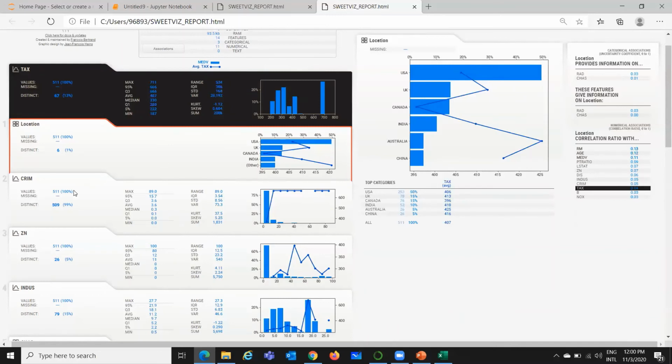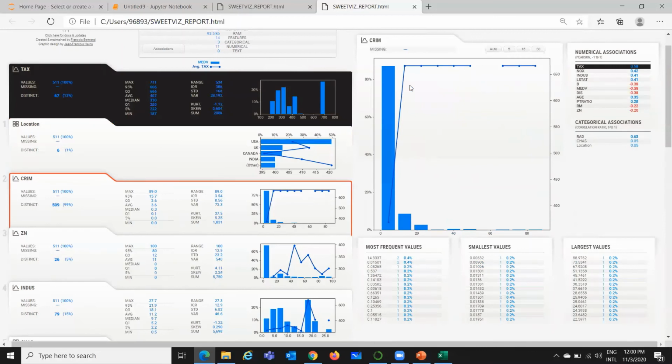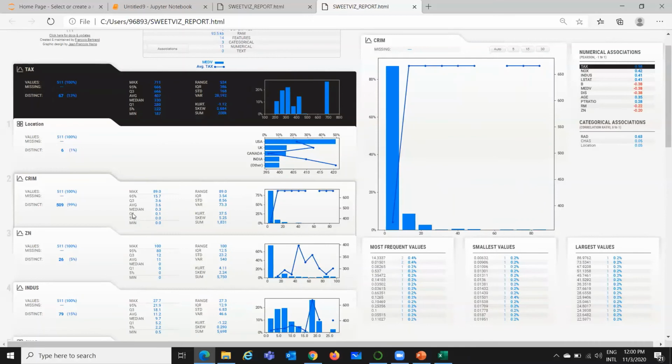The same way, you can find out the relation between CRIM value and tax. Again, this line plot is for tax, and the box plot or bar chart is for CRIM. You can get more details from here, and same as the previous one, it gives you the details about CRIM, what is the interquartile range, what is the maximum, minimum, etc.